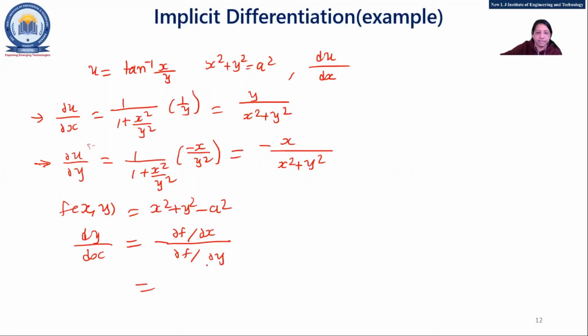Del f by del x and del f by del y, from this, right, this is supposed to be cancelled out. So it is minus 2x by 2y, so minus x by y, from f(x,y) only. So in that way you can find out all these three. Now our main equation for du by